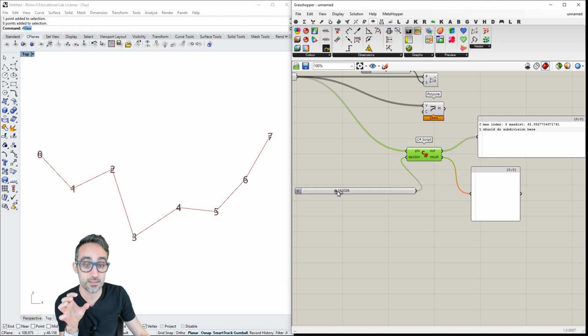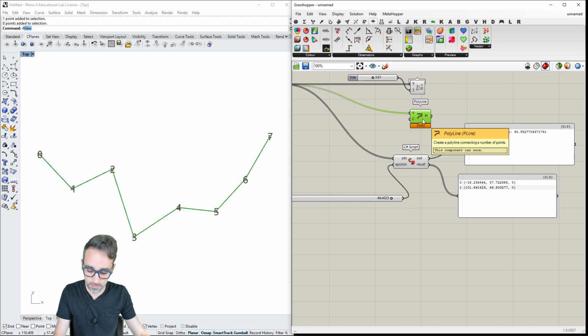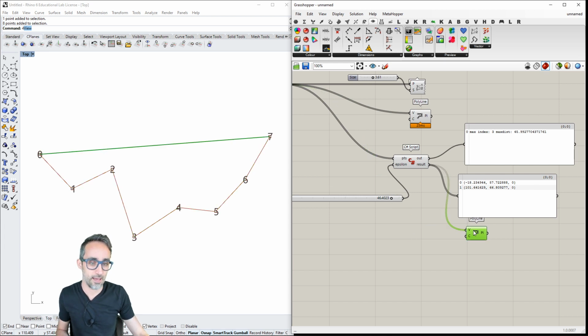But if I crank this up to above 45, then all of a sudden I should be getting the output, which is just the first point and the last point. Let me add a polyline component here just to make sure. Because this, in a way, is the simplest form of simplifying this polyline, just the very beginning and the very end of it. So this is a good beginning.